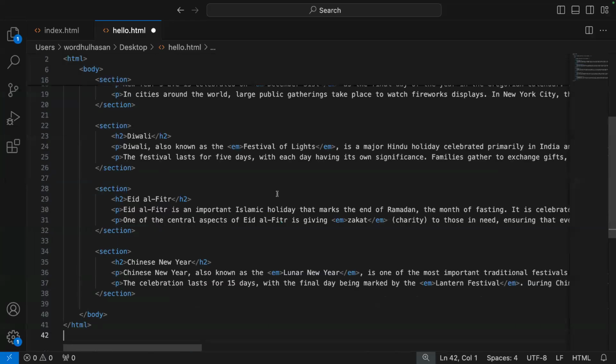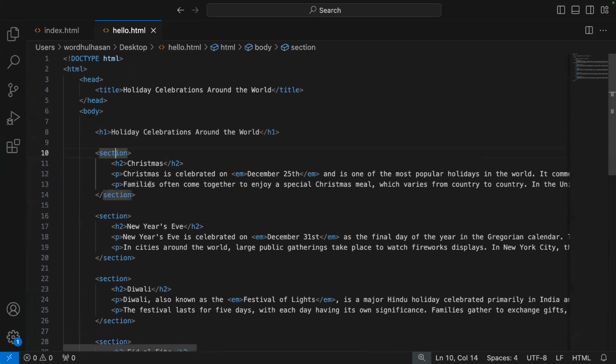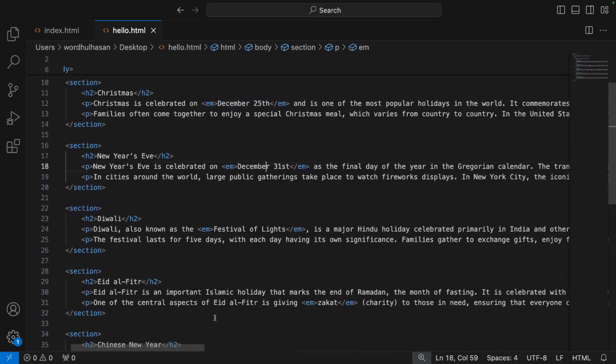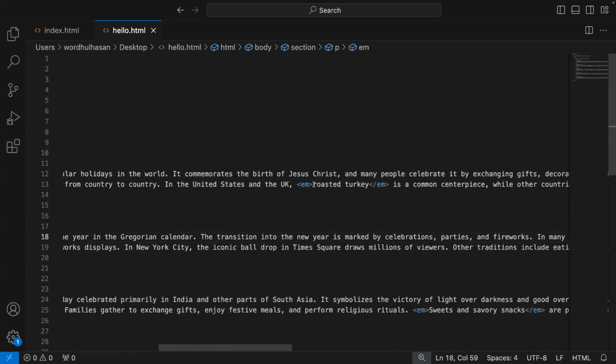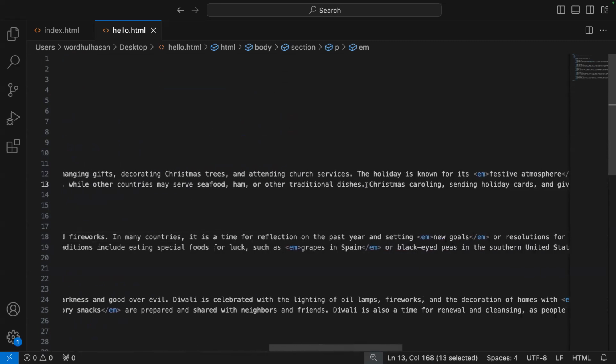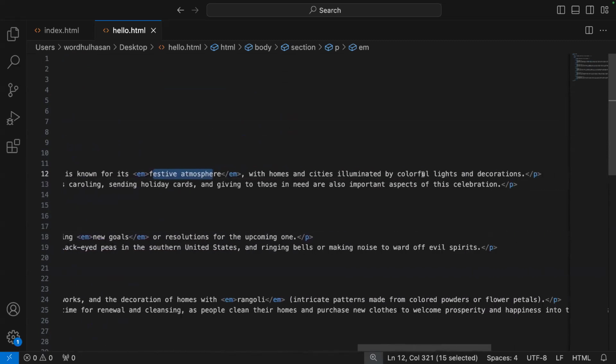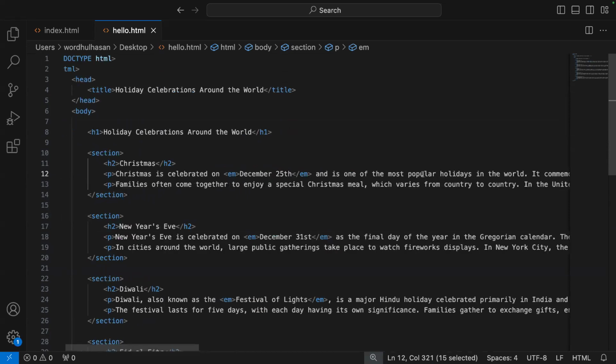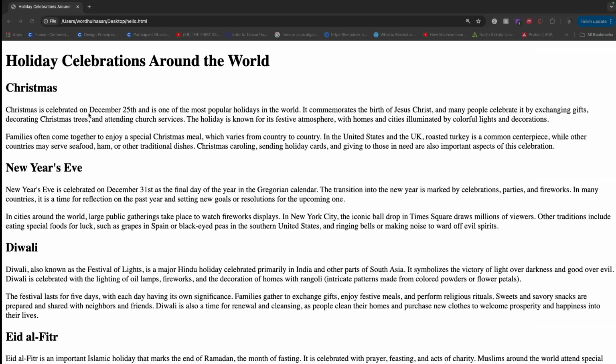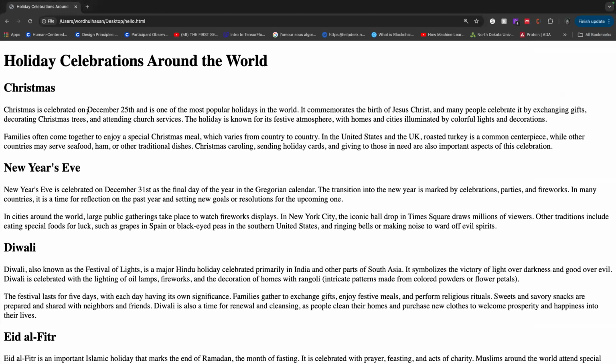So within this Christmas section, when is Christmas? December 25th. I want it to be emphasized. So I have the EM tag opening and closing, and December 25th is within this. So all the dates I made emphasized. And also roasted turkey, and then festive atmosphere, all this text emphasized. If I save this and check here, I did not reload it. So previously everything looks the same, but if I reload it, now December 25th is italicized,